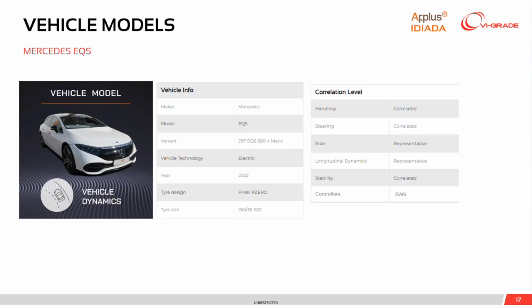So very quickly, we can go through the list of them. We will have the Mercedes EQS. So we are talking about an electric vehicle, the first version of a vehicle belonging to the MEA platform, and this is going to be released. As you can see from the table, we have also listed the level of correlation that has been reached, and